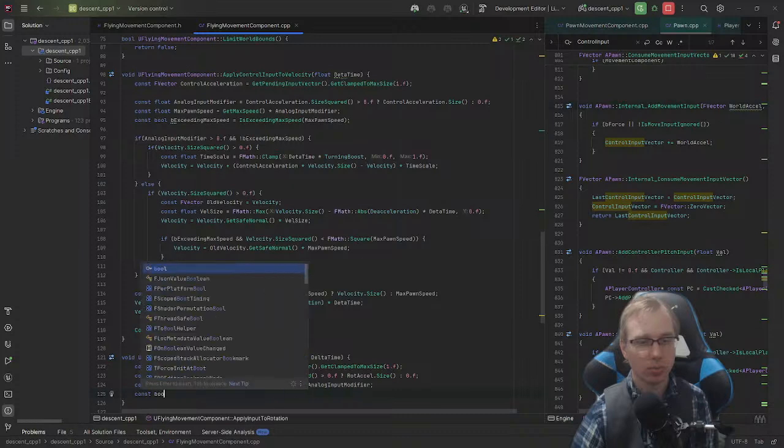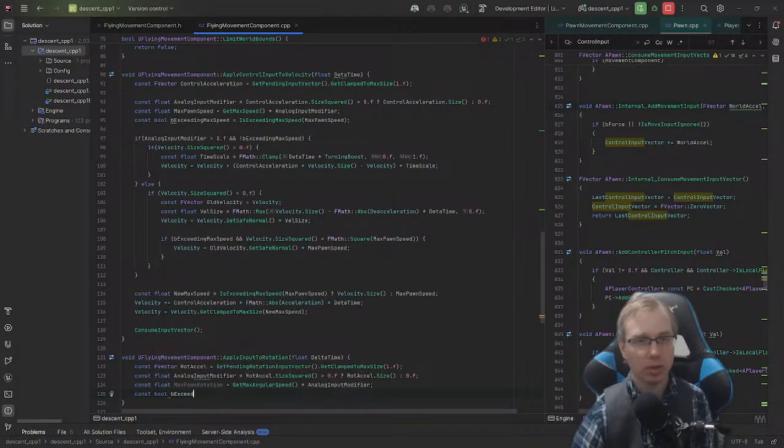So constant bool b exceeding max rotation, exceeding max angular speed is equal to